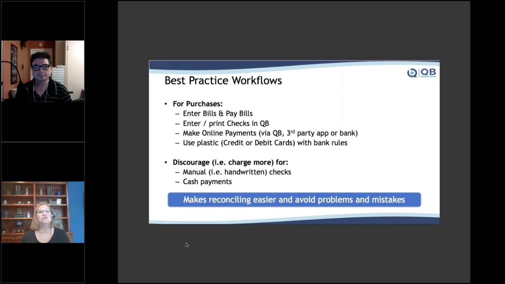Or have your clients use plastic. So they're using a credit or a debit card, and then you can set up those bank rules so that you're able to automate a lot of the process. The main thing that you want to remember is don't let your clients enter things manually. Don't enter a handwritten check. Like, don't go to Costco and write a handwritten check, or don't do cash payments, because with the manual checks,